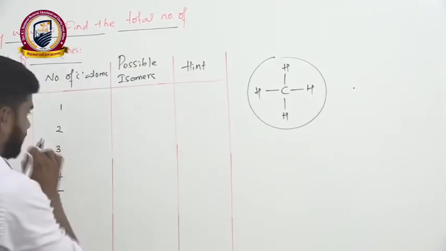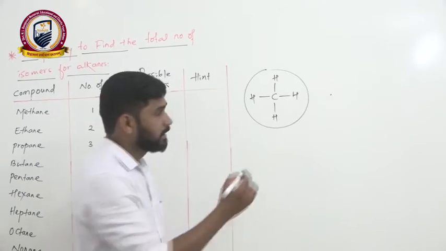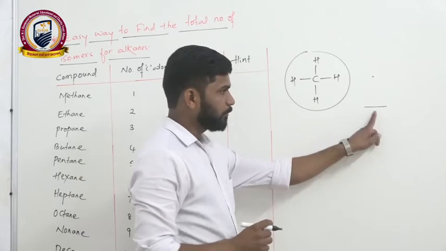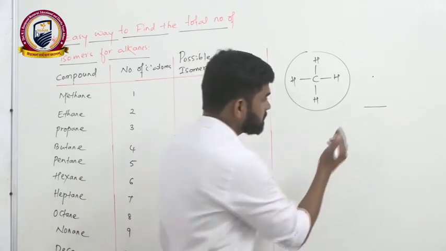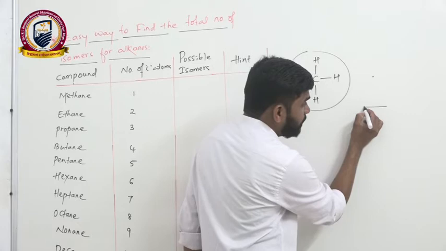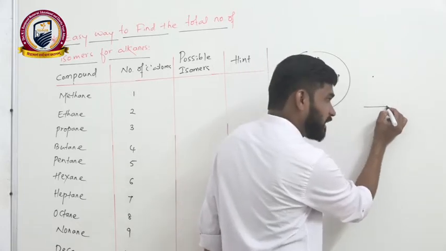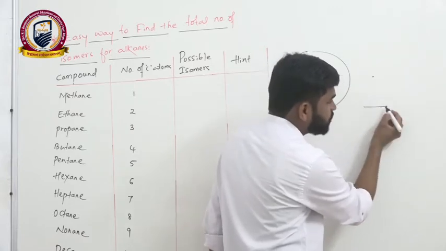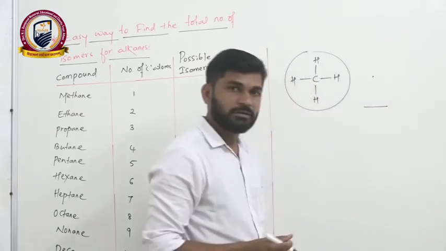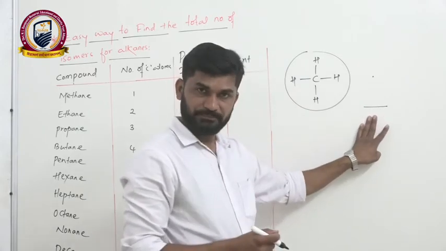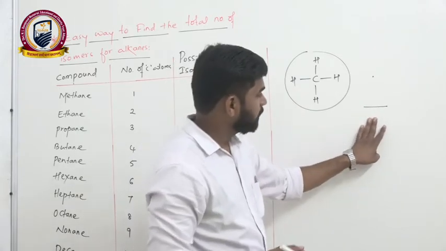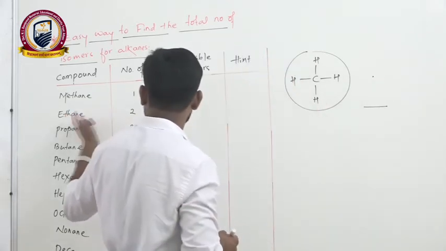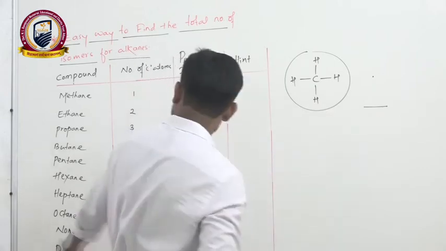If I go for ethane, ethane has 2 carbon atoms. In case of bond line structure, you will write it in this way. What is the name of this compound? This is ethane because this end represents a methyl group, CH3 group. This end also represents a methyl group, CH3 group. So the name of this compound is ethane, and you can find out the total possible isomers for this compound. How many possible isomers are there for this compound? Only one, which means that no isomers are possible for ethane. Coming to propane.